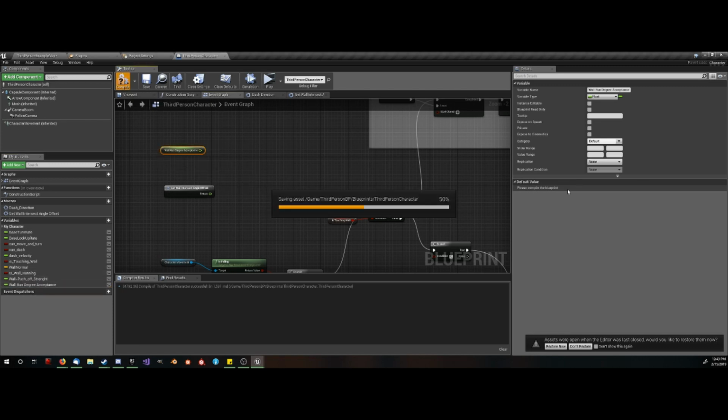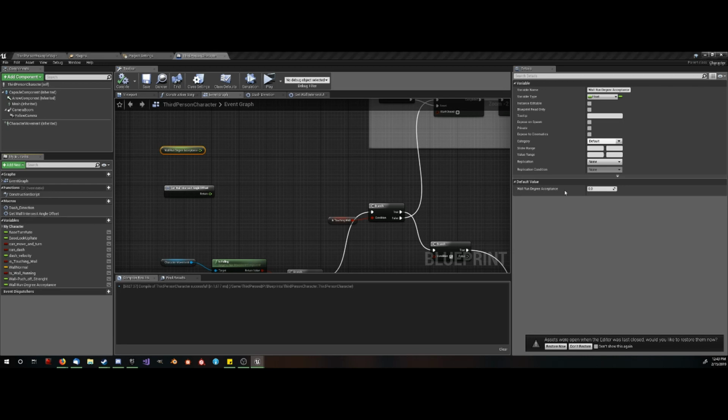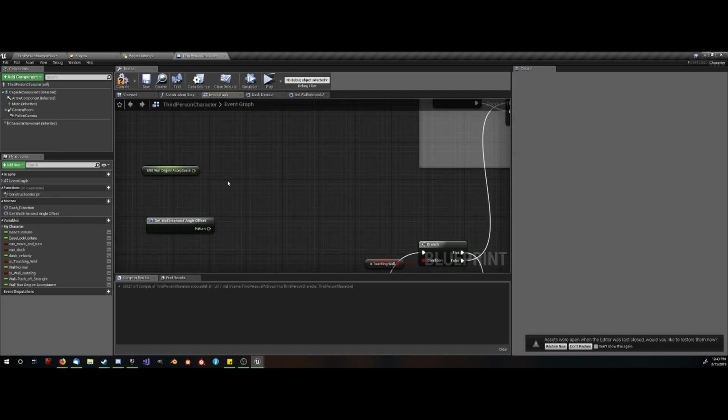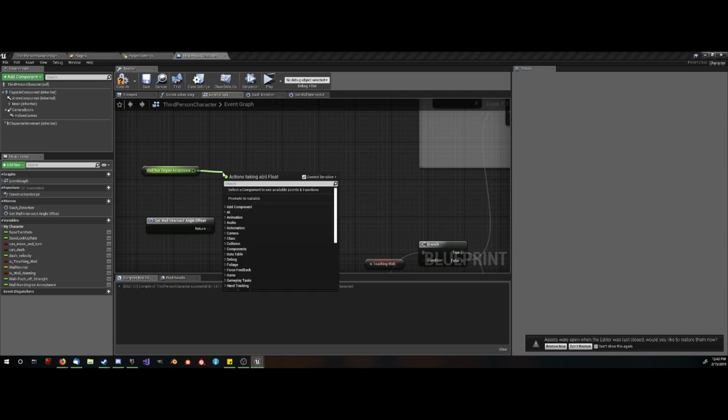Get that, compile, and set its default value to 45. This will be the angle that you can hit a wall while in the air and then hold space to start wall running. The lower the angle, the more in line with the wall you have to be. So, the first thing we need to do is